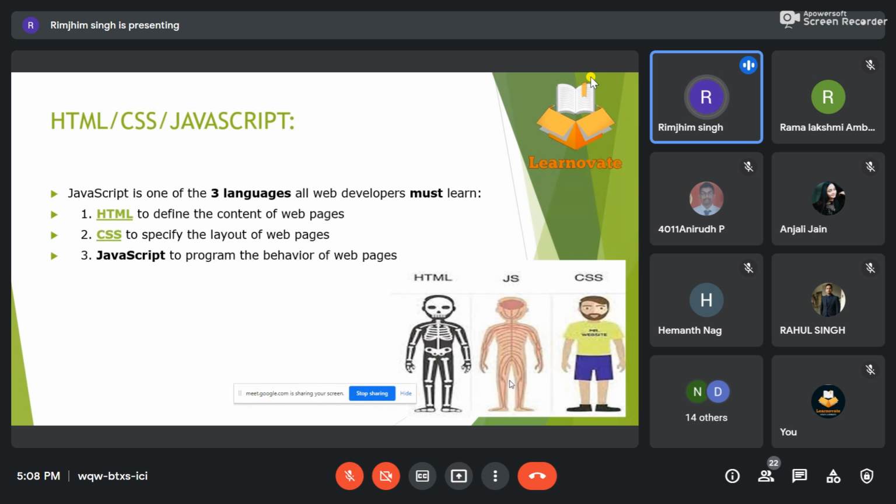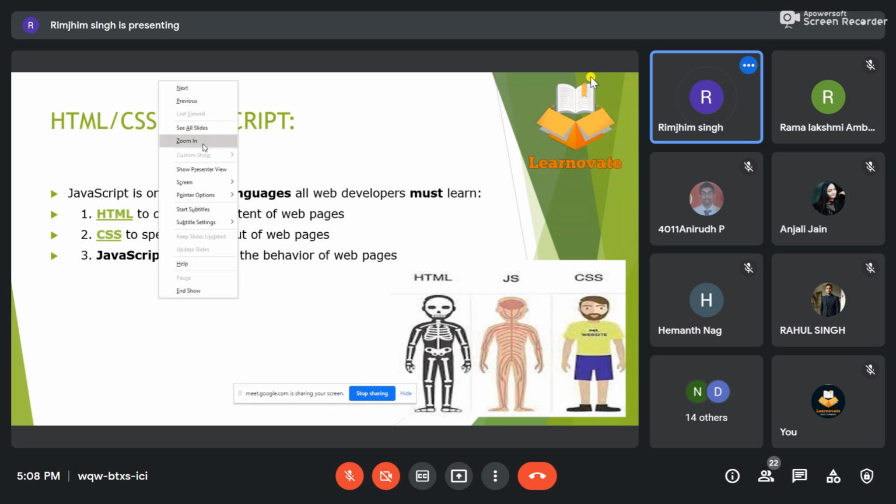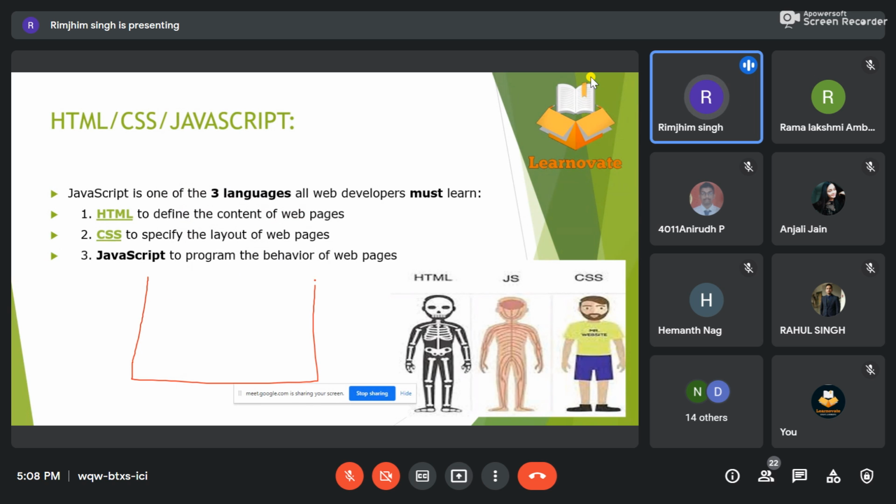Talking about programming terms, if we take the example of a calculator, okay? If we see the structure of the calculator, whenever we start writing our program, the structure is what we can refer to as HTML.